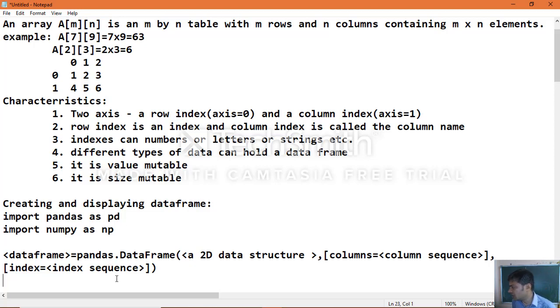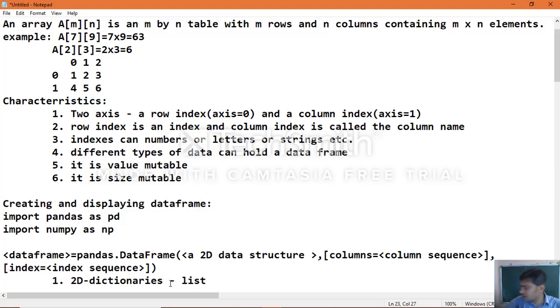Now we come to know the syntax of data frame, and how many ways you can create data frames. What are the different ways to create data frames? One of them is two-dimensional dictionaries. Using dictionaries, two-dimensional dictionaries, you can create a data frame. Here again, what kind of dictionary?